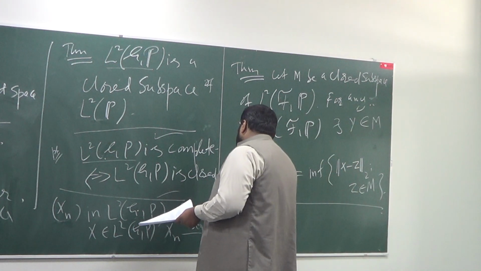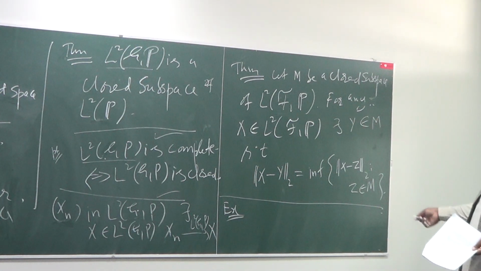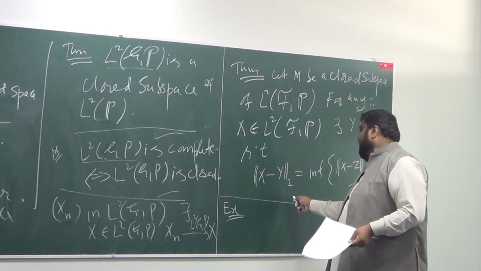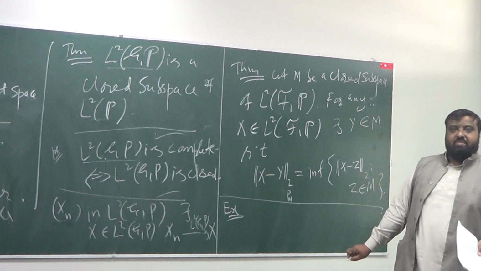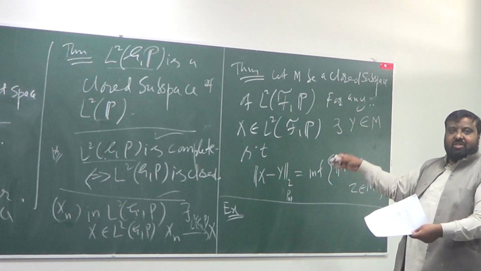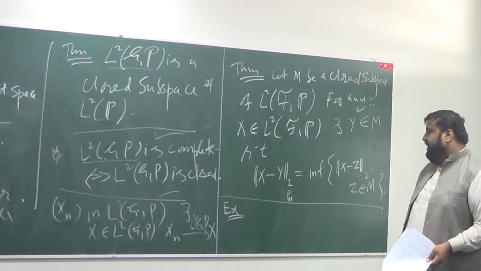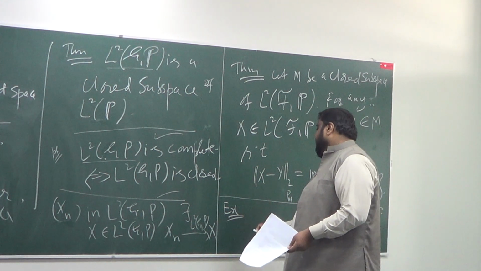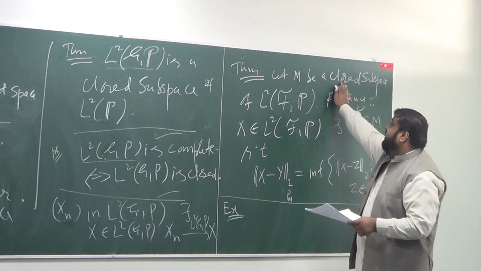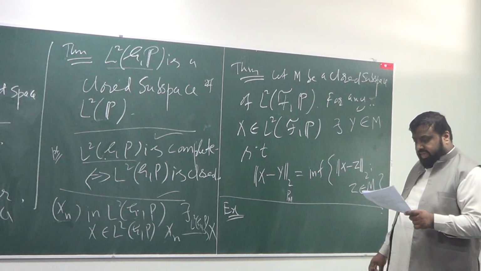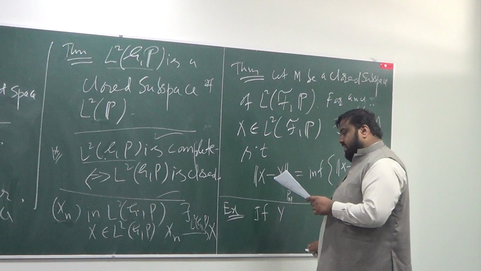By the way, there is an exercise, and this is something we also did in our course. We basically denoted this map, if you remember, as for example P_M. So P is the projection onto M of the Hilbert space. That was our notation. And what we can prove is this; let me write it precisely here. With the same assumption that M is a closed subspace of L2(Ω,F,P), if I take a y from M